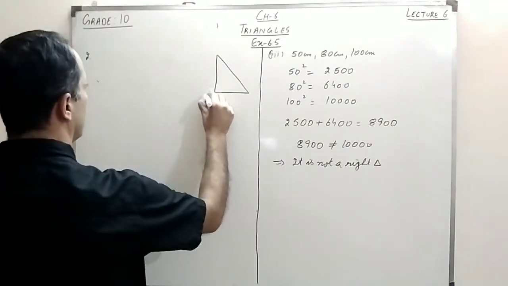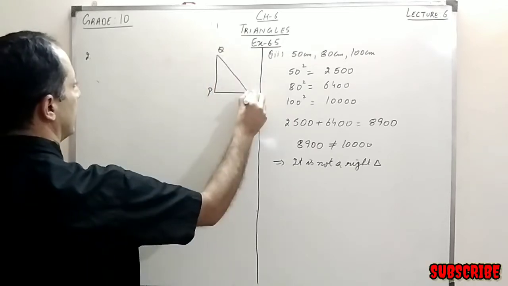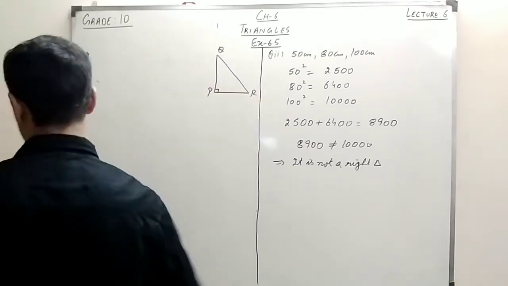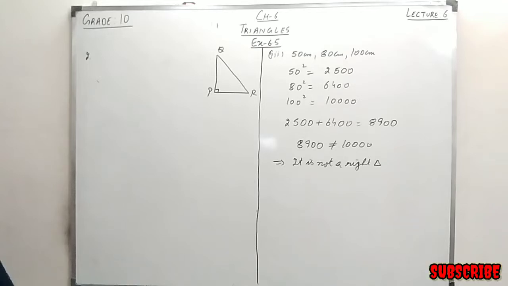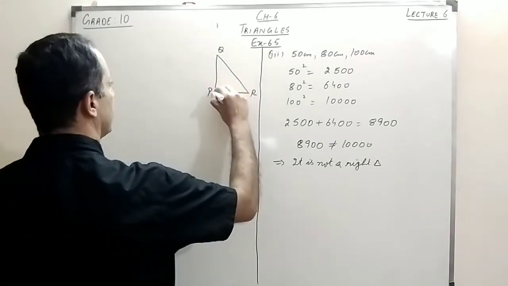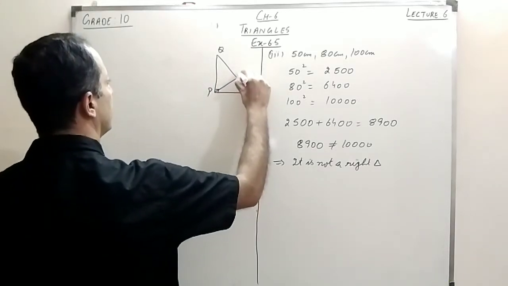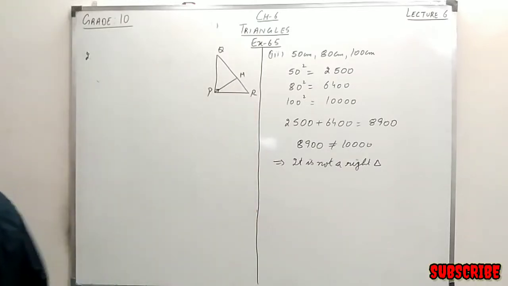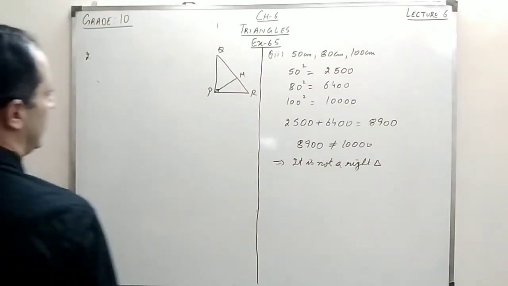So this is P. This is Q. And this is R. This is the 90-degree angle. And they say M is a point on QR. There is a point M here, somewhere here. So I write M here. It is given M is a point on QR, so that PM is perpendicular to QR.